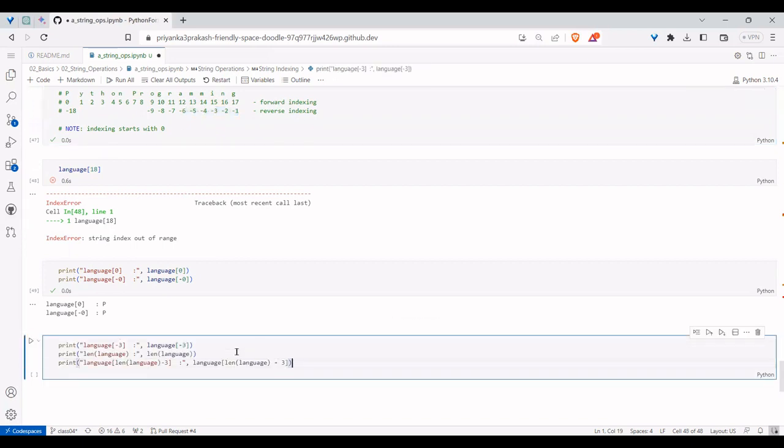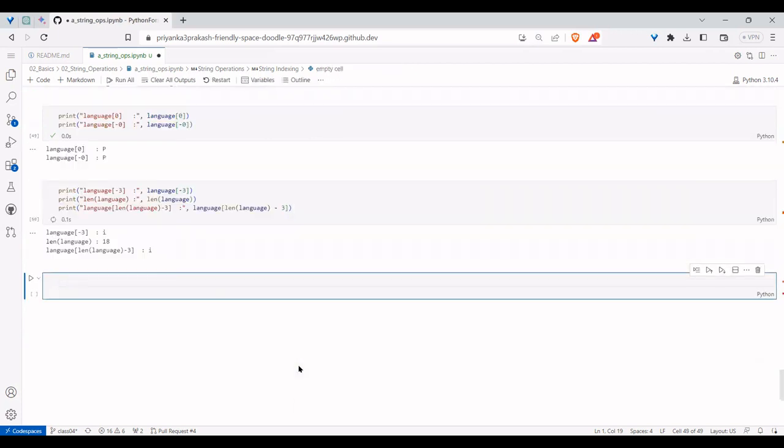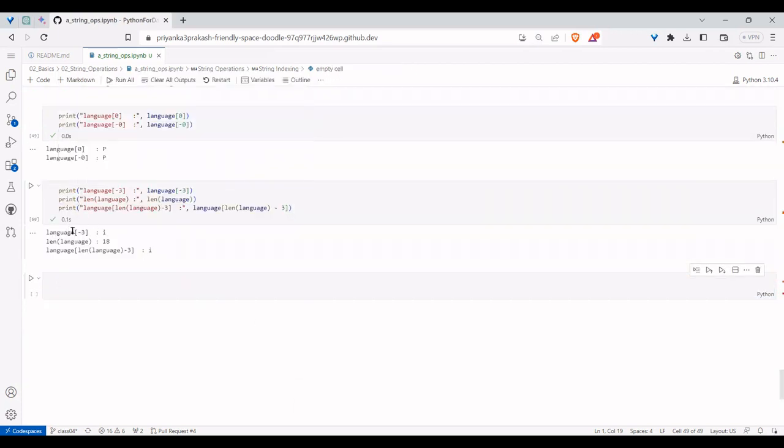If you use -3, you get the last 3rd character. Or if you say language of length of language -3, you get the same thing. Observe carefully: language of -3, I get the same one. Language of length of language -3, I also get the same thing. Means when you are doing a negative index, indirectly Python does the same thing as highlighted.